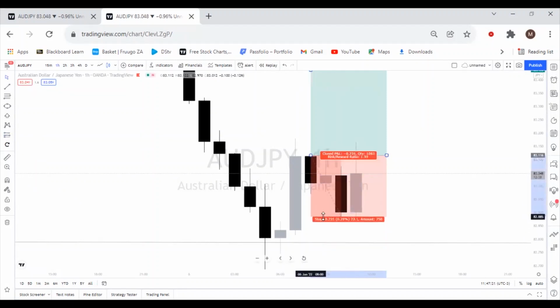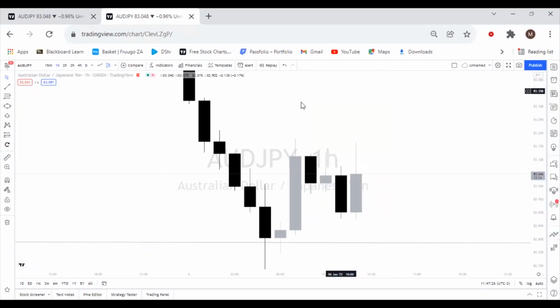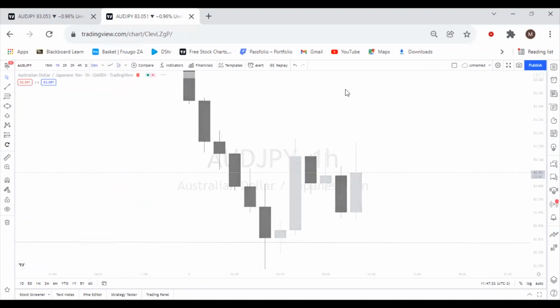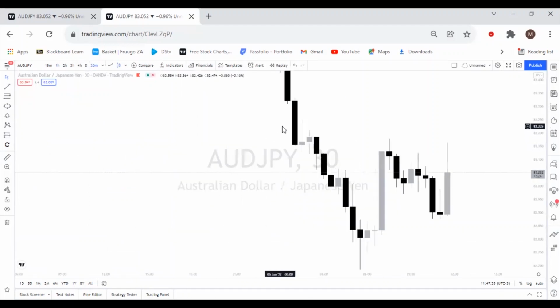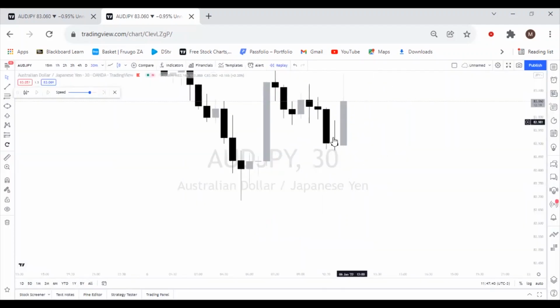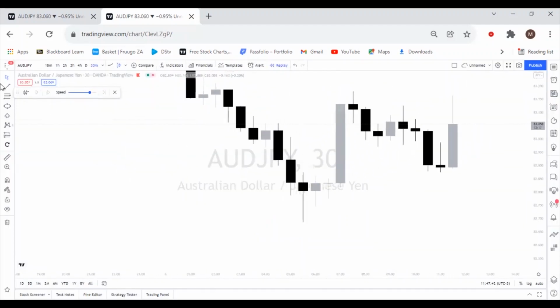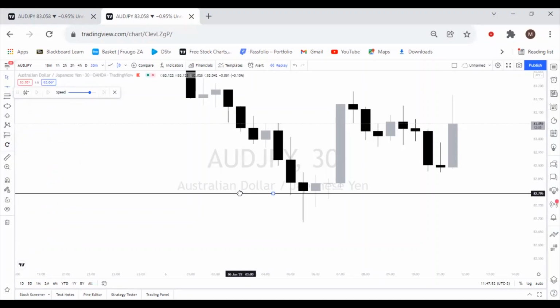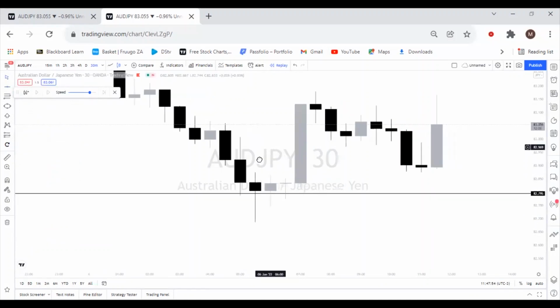As you can see, by that much. But then keep in mind, I don't necessarily only use the 1 hour time frame to see these kind of patterns. As you can see from the 1 hour, the half an hour time frame. Let me just bring back my horizontal line. It was probably around this area. So as you can see,